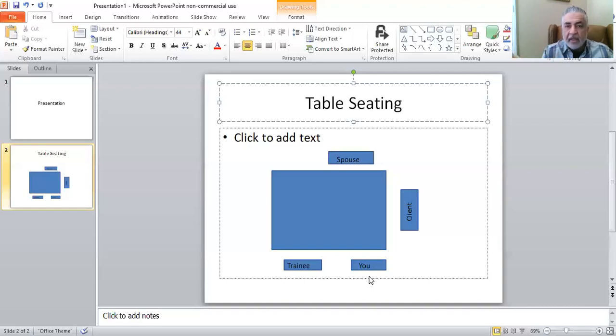Again, these are just some guidelines. Obviously you can do what you want. The other thing is, I never would sit in the middle of the table where I have the client right now at this diagram. I would never sit there because that would make the client and the spouse sit across from each other. And that's not a good thing, because they could look at each other, they could give signals in terms of, we're not going to do this, or, whatever.